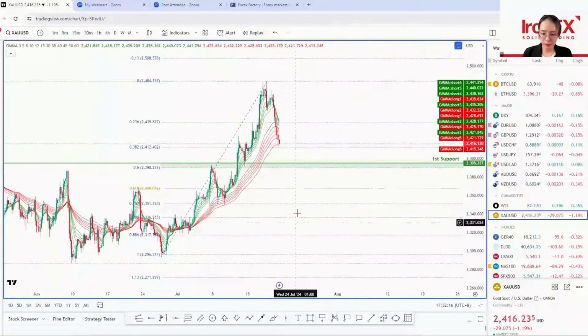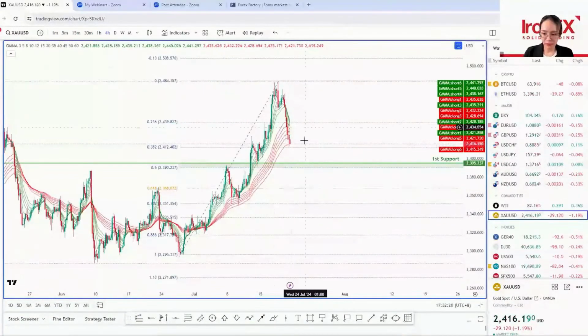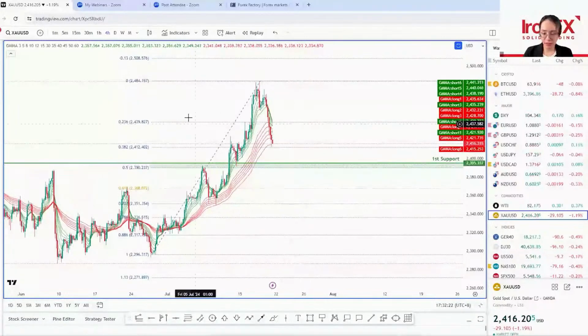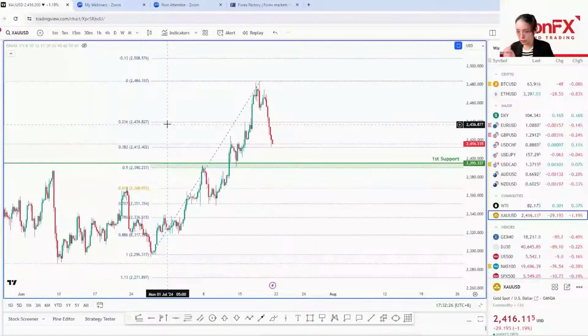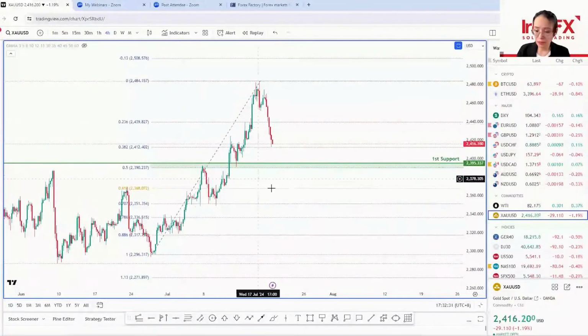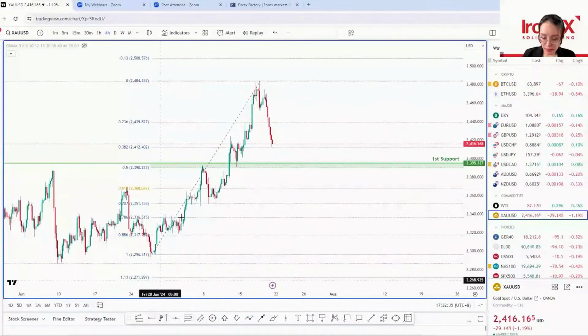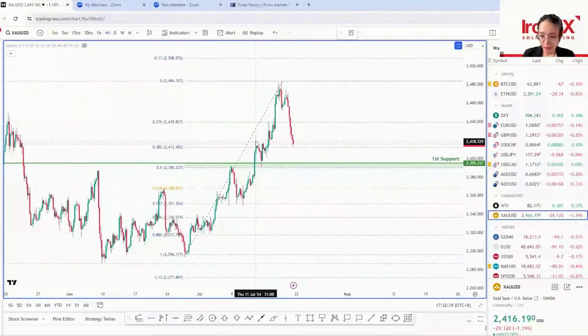I buy again with the trend. I did not follow the trend because it seemed like everyone was already selling gold. So you're going to buy here at about 23.95 to 24,000. Okay, I will just buy here, and then my take profit is going to be somewhere for scalping, or this